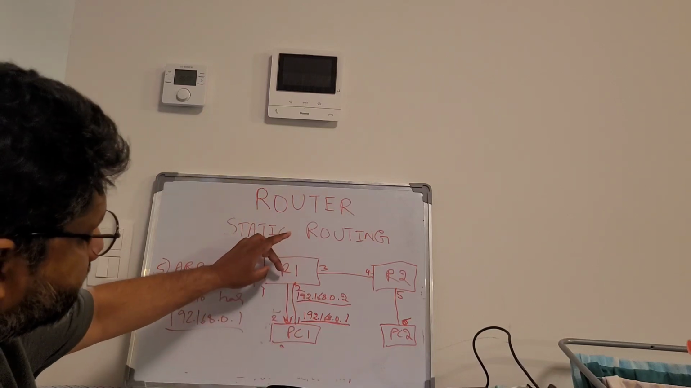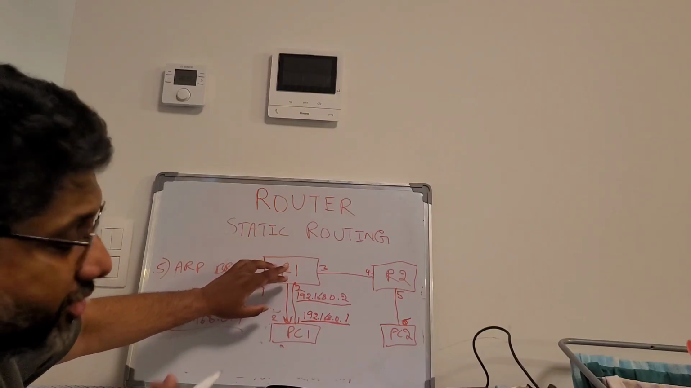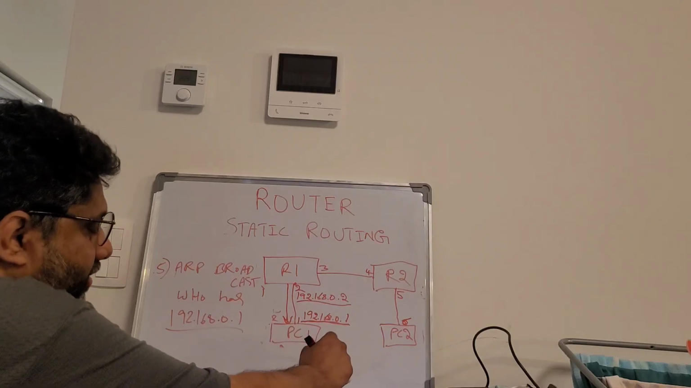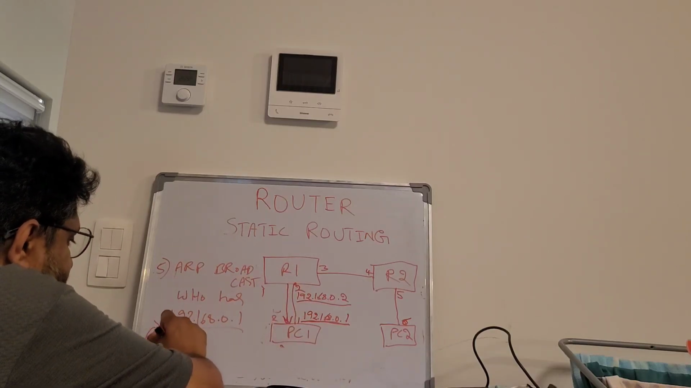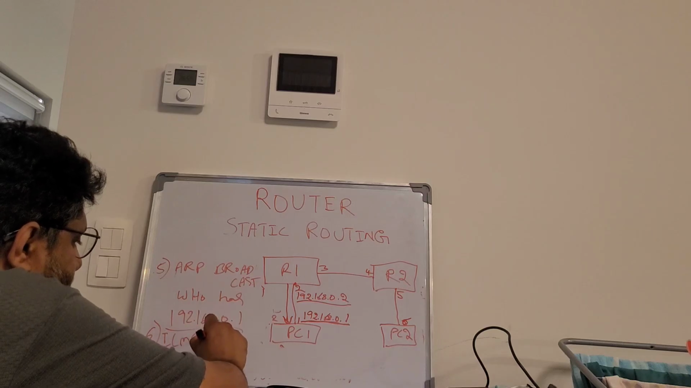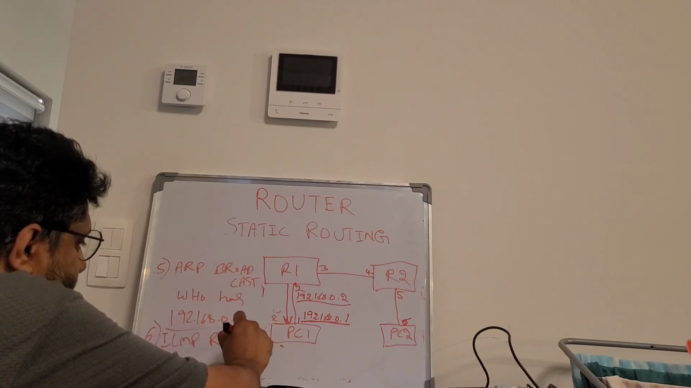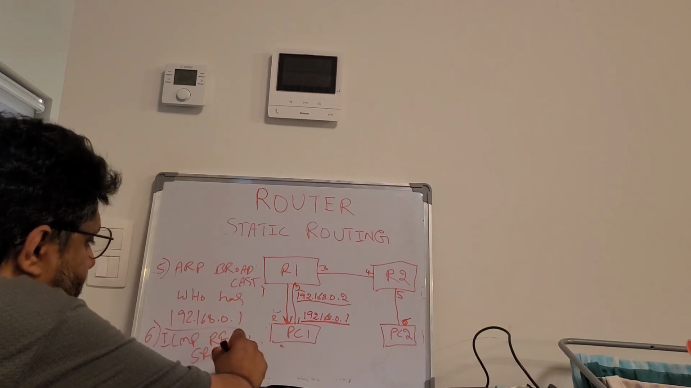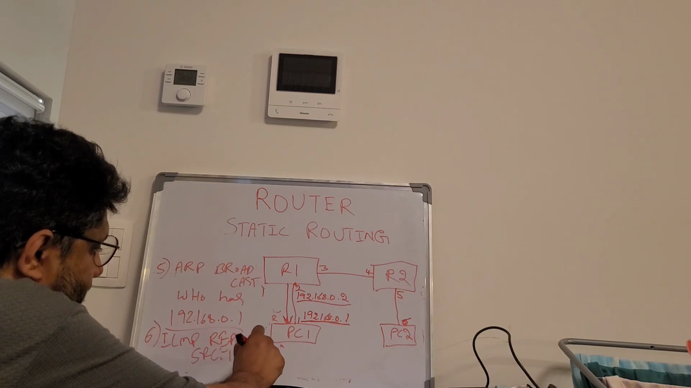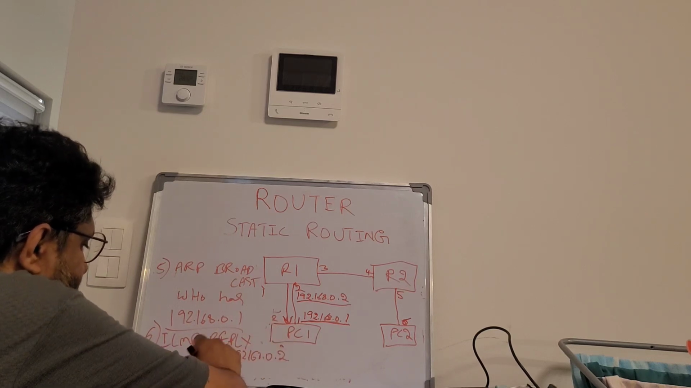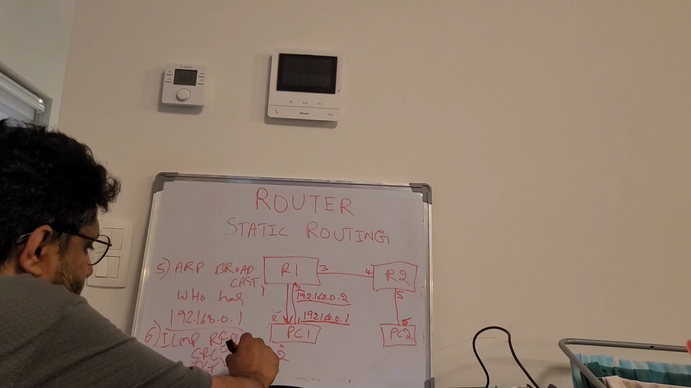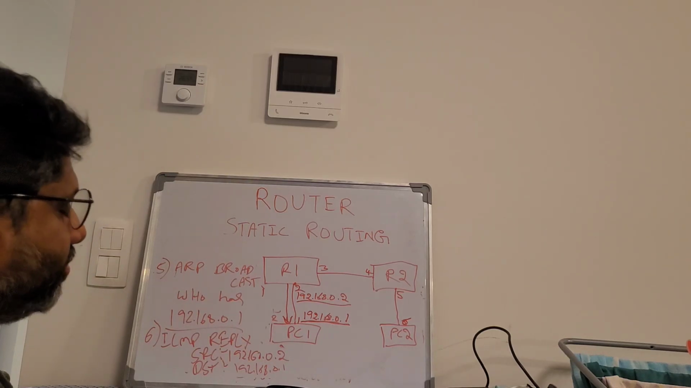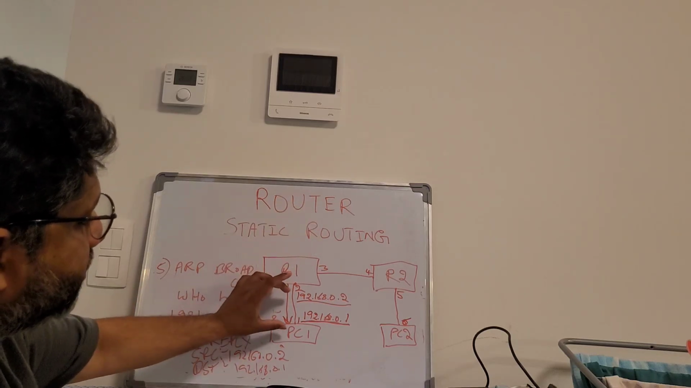Once the ARP response is received from PC1 to R1, R1 has the MAC address and constructs an ICMP reply with the network layer, IP layer, source as 192.168.0.2 and destination as 192.168.0.1. So this is how we can make sure that there is connectivity between PC1 and R1 at the